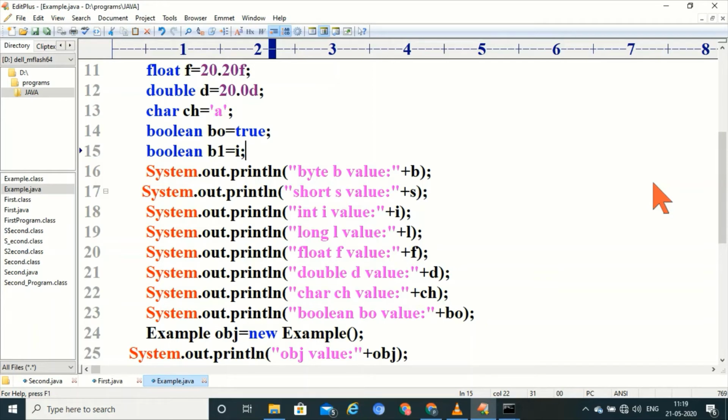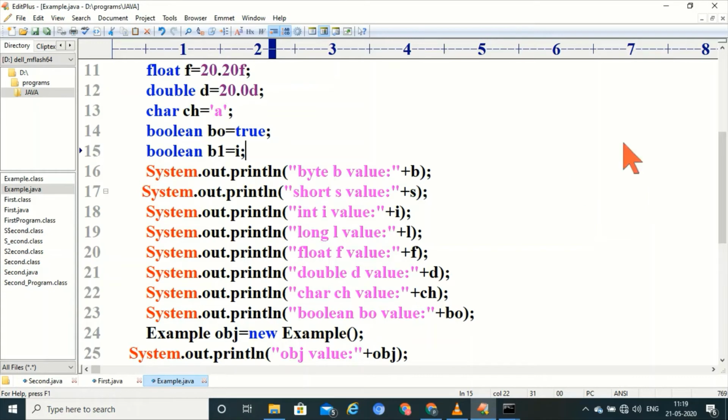Second, rule number 2, source type range must be less than or equal to the destination type range, otherwise it leads to compile time error, possible loss of precision error.